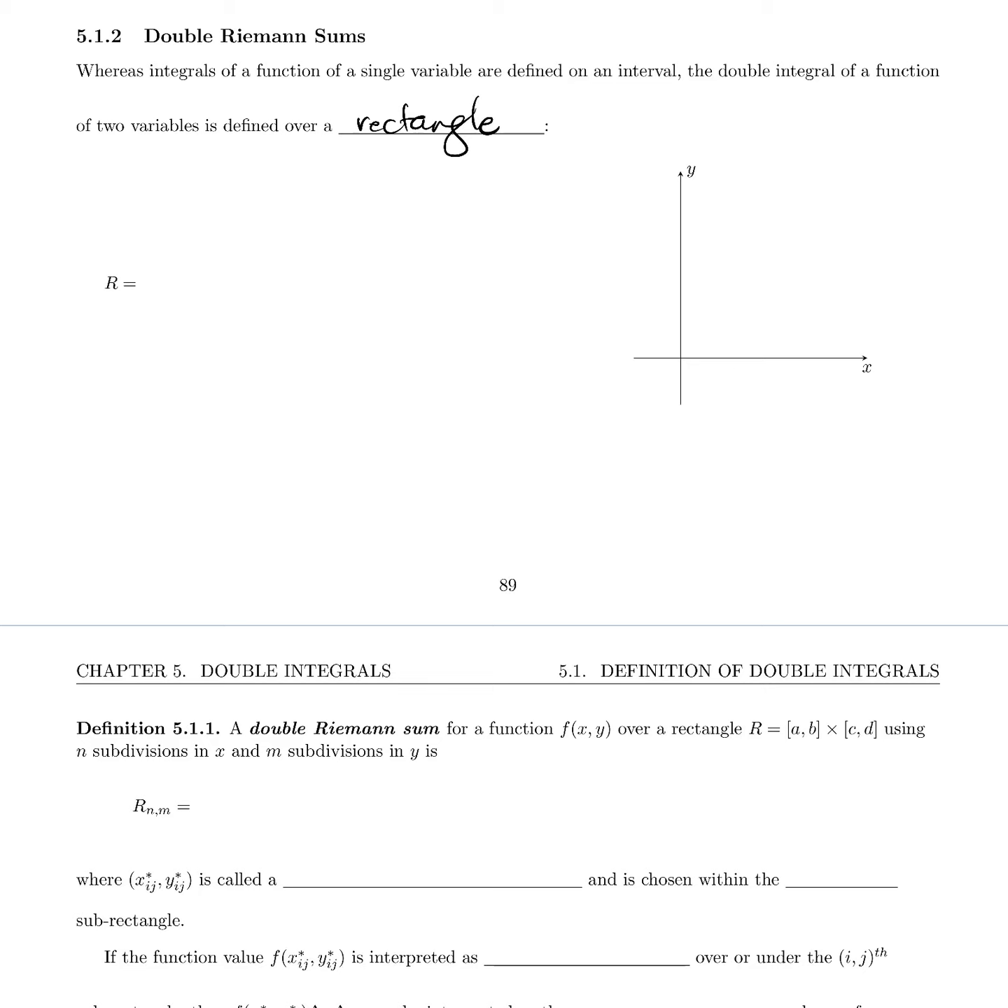The notation for a rectangle, often we call it R for rectangle, is [a,b] crossed with [c,d]. It looks like an interval and another interval being, what is this? This is called a Cartesian product. It looks like the cross product, but that's not what it means. This rectangle is defined as the set of all points